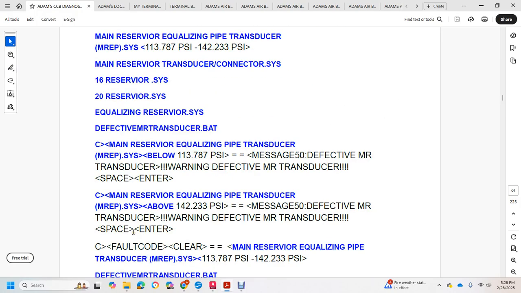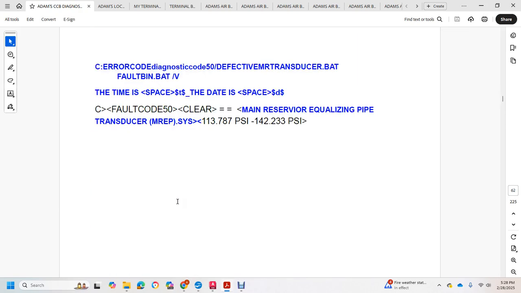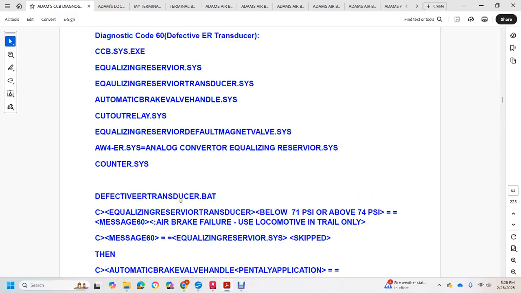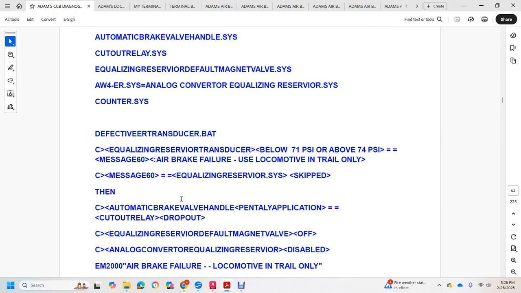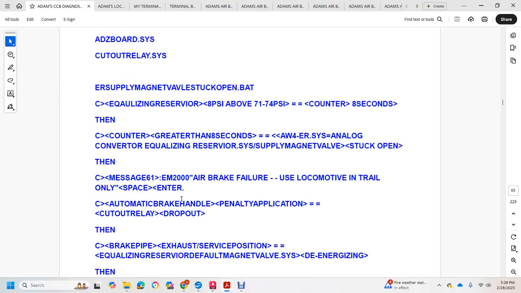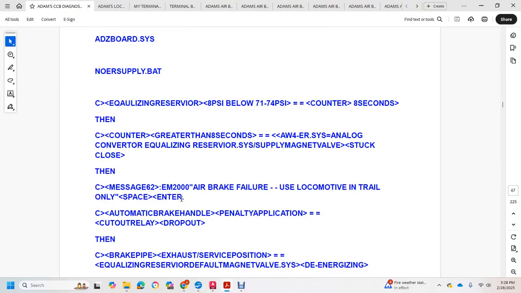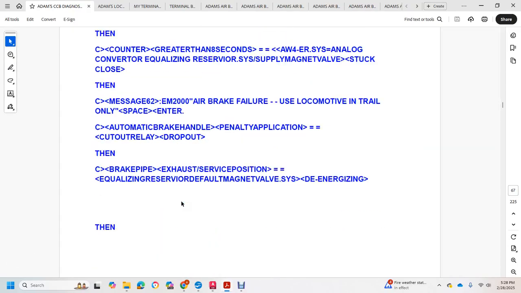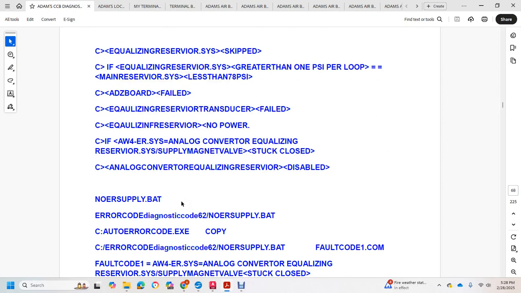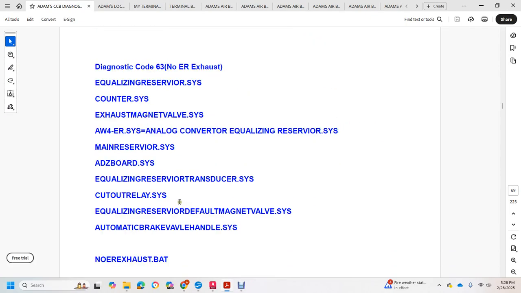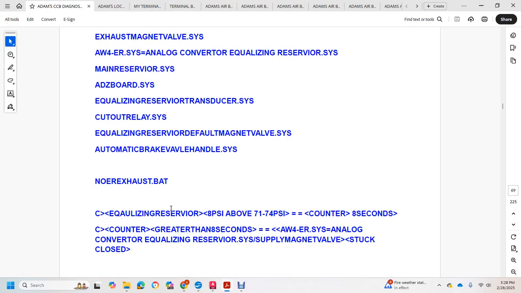This is 225 pages of script, main reservoir pipe transducer system, and fault code, main reservoir equalizing pipe transducers, defective emergency reserve transducers. So this covers the whole brake system, and it's no emergency response, no emergency exhaust, and then